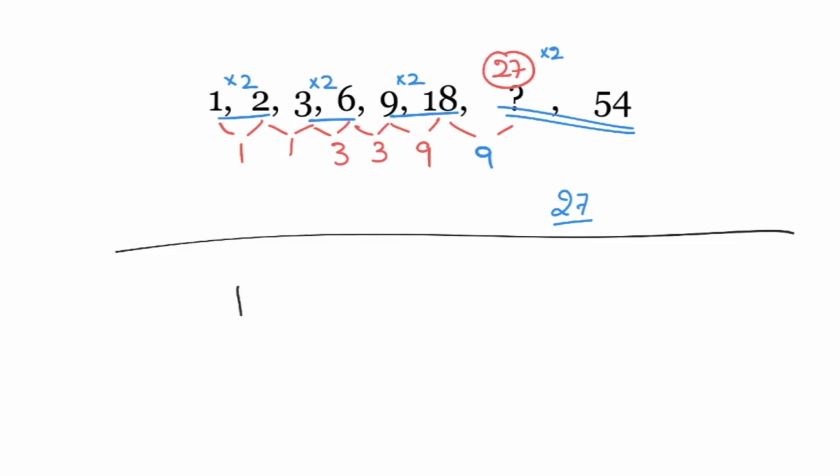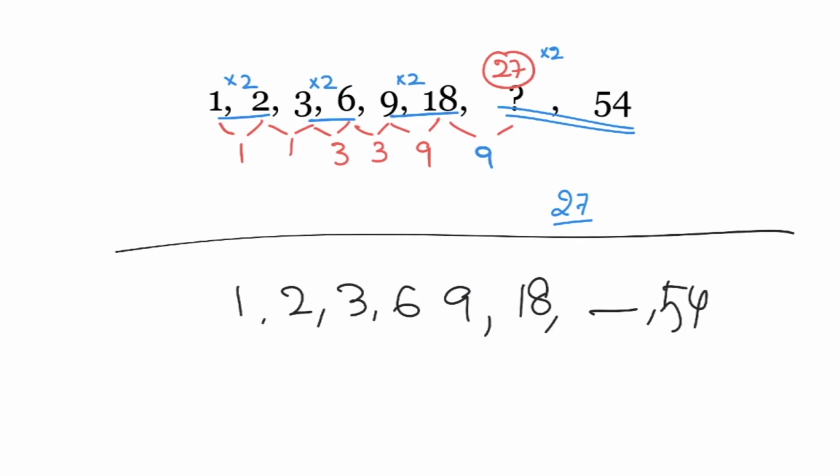Given series is 1, 2, 3, 6, 9, 18 and 54. Divide the entire series into two parts. 1, 3, 9, a term is missing. That is the first series. 2, 6, 18, 54. That is the second series. And the first series,